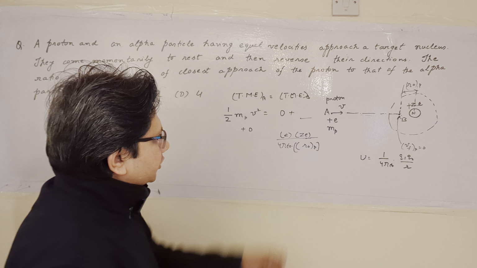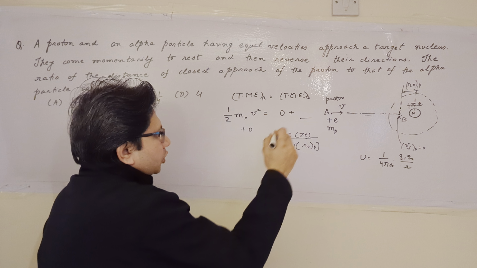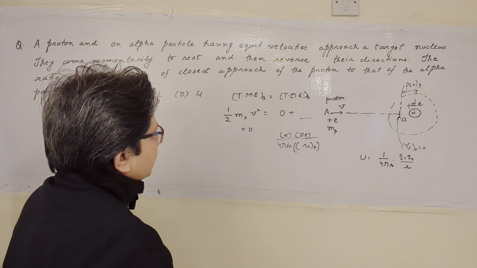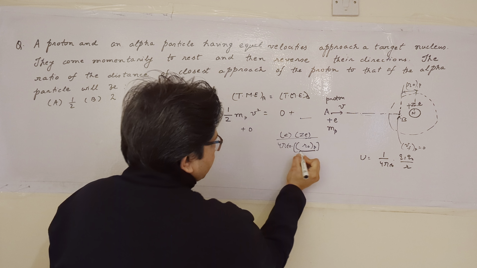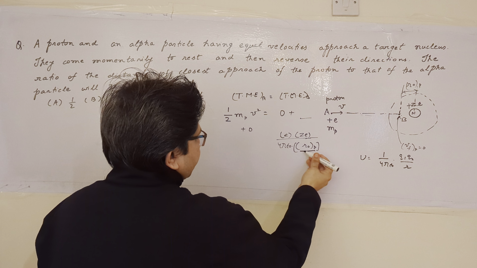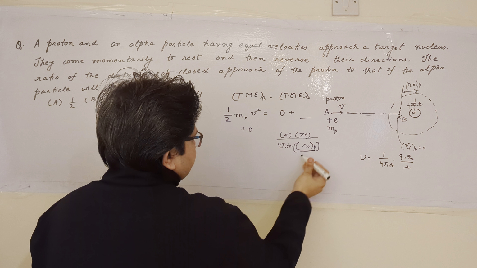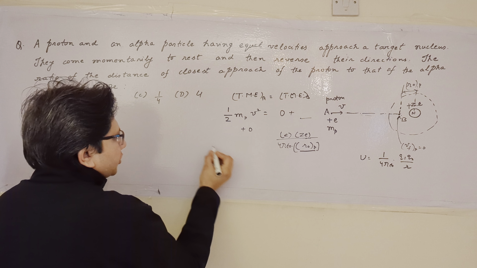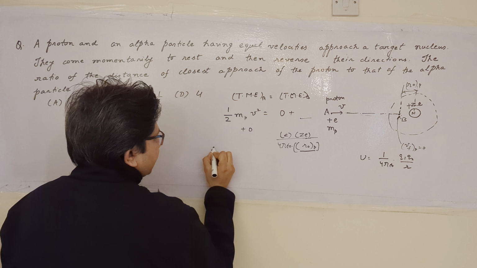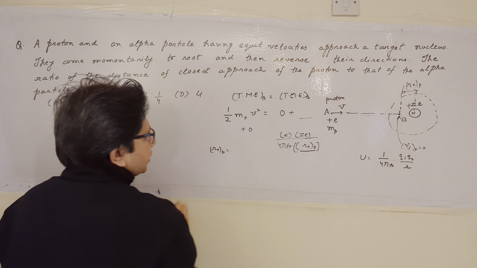So this is the expression for the potential energy. Now we have to find out the ratio of the closest distance of approach. So what we do here, we take this particular term R_0P on the left hand side by cross multiplying it. So we get this value as R_0P is equal to